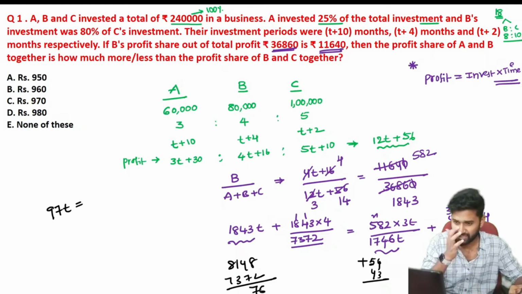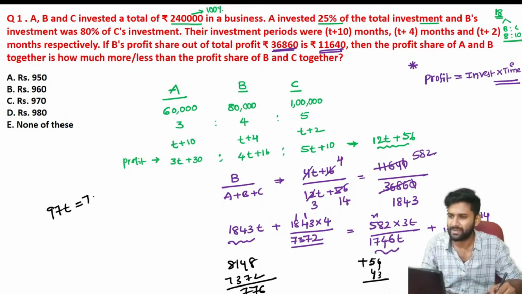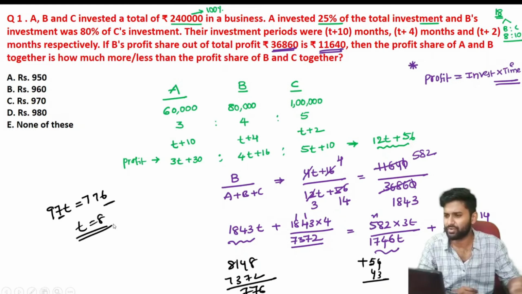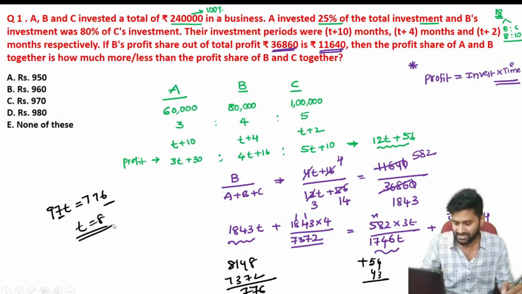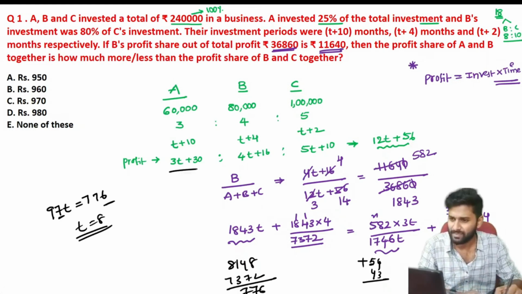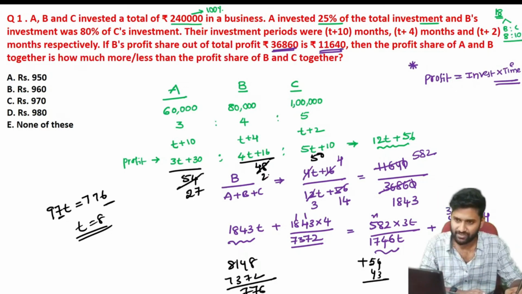6 units. 14 means 7 units. Again, so 776 units. Now 776, 7 becomes a 6, means you will get units plus 8. Now you will get the D value. Now just calculate the profit ratio here. So here the value becomes, 8, 3 is a 24, 54 units here. 40 plus 16, 8 4s are 32, 48, 40, 50. So with respect to the ratio, just cancel with the table, two tables here, 27 units, 24 units,